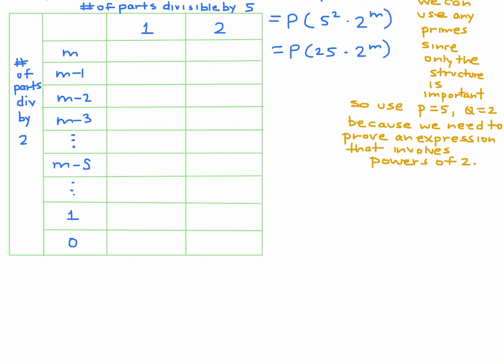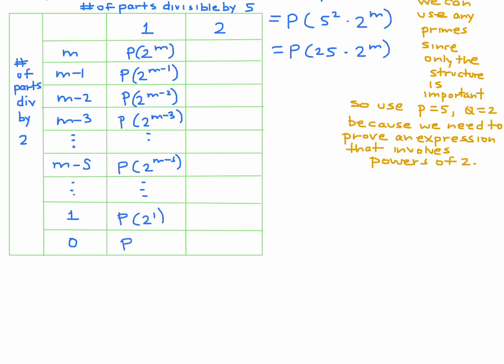So for example, this just is going to be p to the 2 to the m. This is just going to be p 2 to the m minus 1. And this is going to be p to the 2 to the m minus 2, like that. It actually doesn't have any effect since it's only one part. And you just fill this out all the way down, 2 to the m minus 3, and so on, dot, dot, dot. So when we get down here, it'll just be 2 to the m minus s, and then eventually p to the 2 to the 1, and then p to the 2,